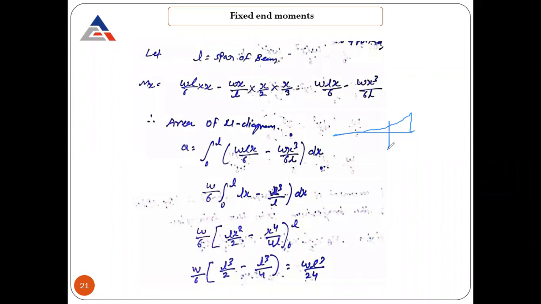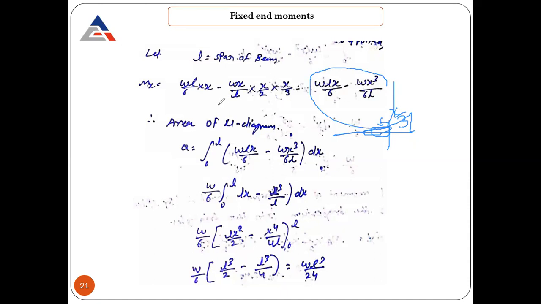So if you cut this section here, this is the area I require here, right? So this value is Wx by L. This height divided by total height, this base divided by total base, you will get this height here. So which is Wx by L into x by 2, from where it will act at the perpendicular distance. So here it will act, and what is the perpendicular distance remaining? It is only x by 3, which is mentioned on your screen also. So this is the x by 3 here. Minus WL, this value comes out to be, this is the value, fine.